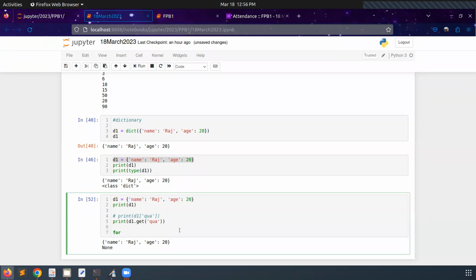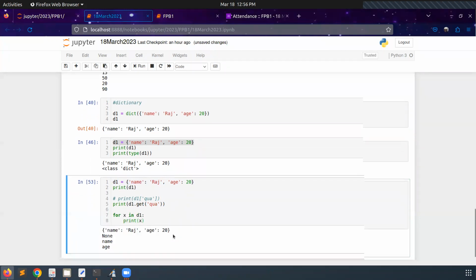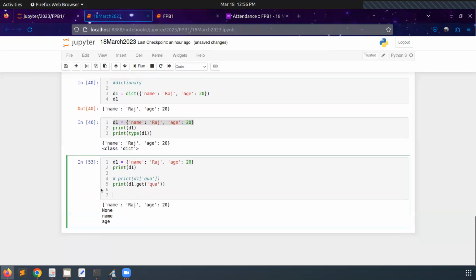There are many ways. For example, as in the list, we have done for x in D1. If we print here, you can see what value is coming. It prints only the key elements. So if I take this one,